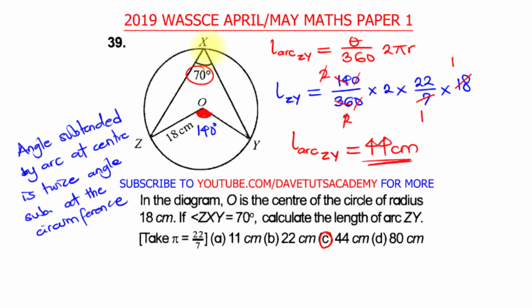So this is the circumference at X, this is the center at O. The angle at X, the circumference, is 70. Definitely the angle at the center of the circle will be 2 times 70, which is 140, and we can just use that in the formula for the length of an arc, and we'll get our answer as 44 centimeters. All right,